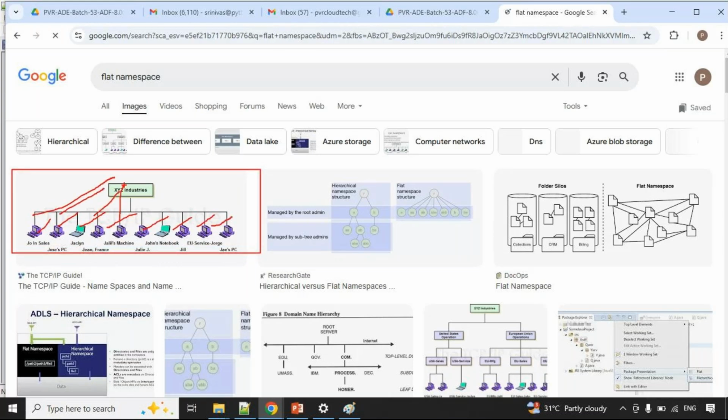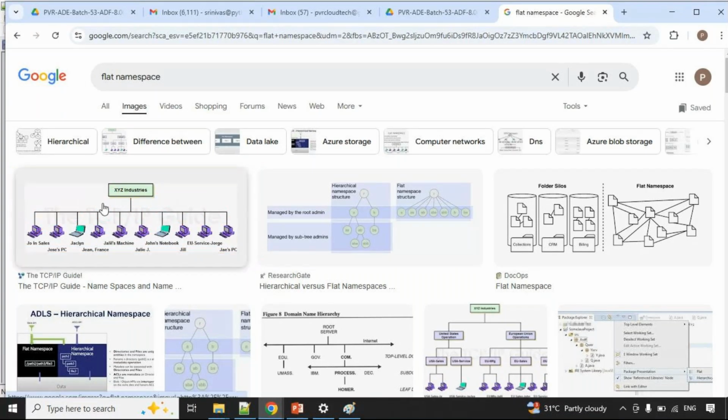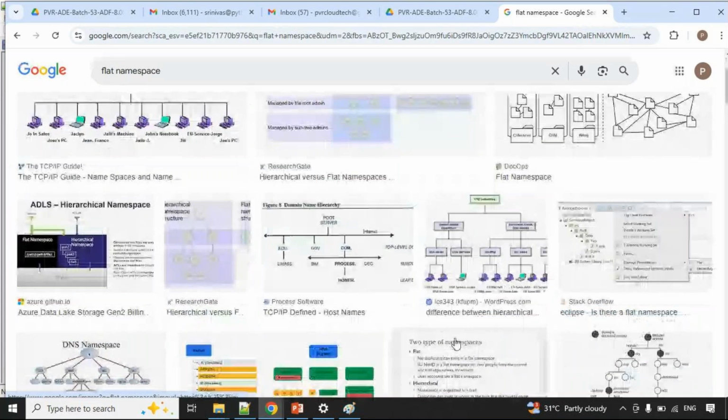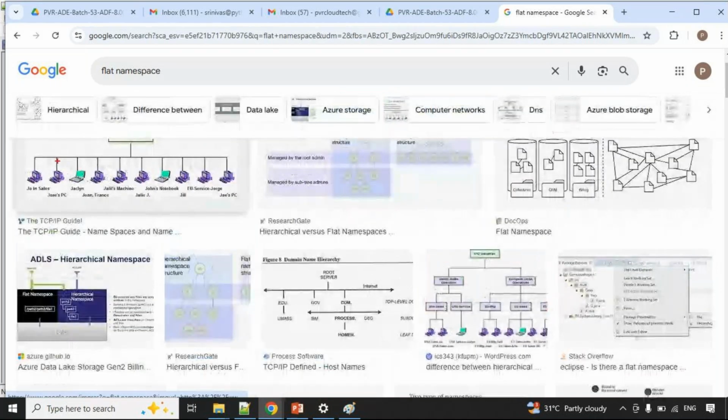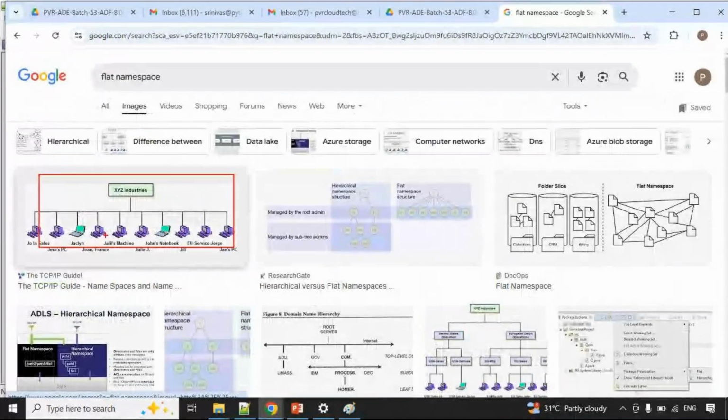So there is one root directory, and everything is attached to it. Suppose the same thing in a hierarchical namespace, then these will be folders. Consider you have a C drive and D drive on your laptop. Under the D drive, you create a folder, and under the folder you have subfolders. So it is a hierarchical namespace. Blob storage is a flat namespace, so it will be like this, with everything attached to the root.